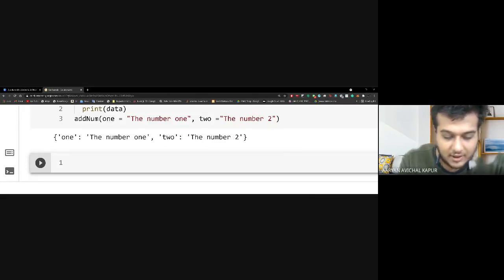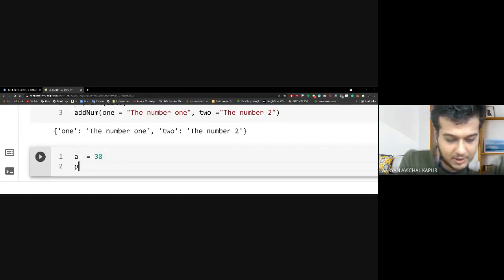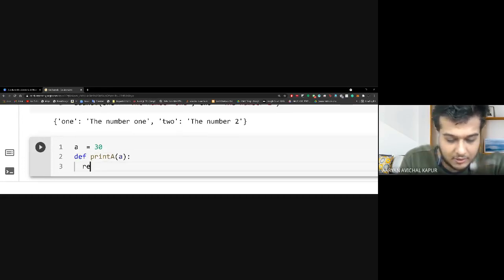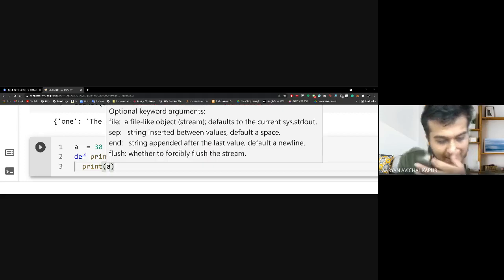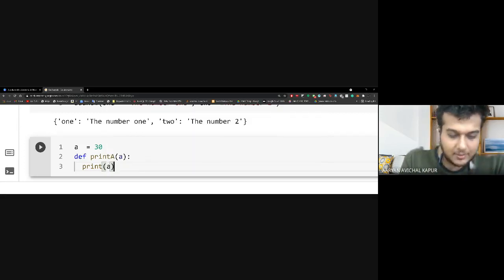So let us say that my variable is a equal to 30, and I have a function def print a, and it simply returns a. Let me print a, instead of the function name being print. And what I do is I simply take a and print the value of a.